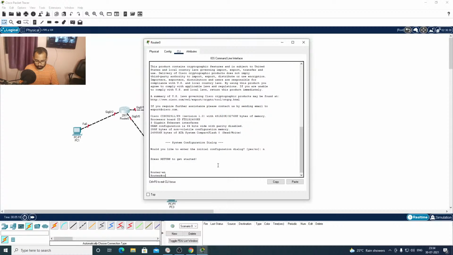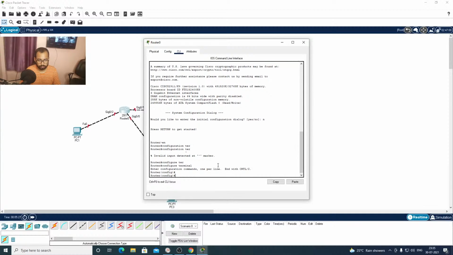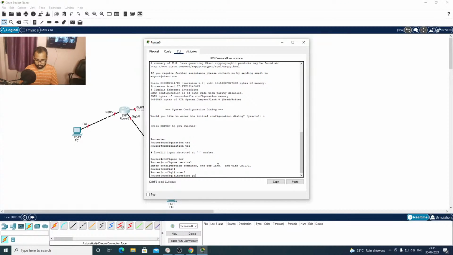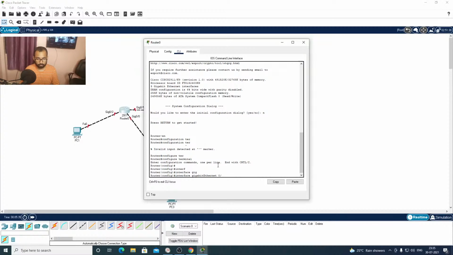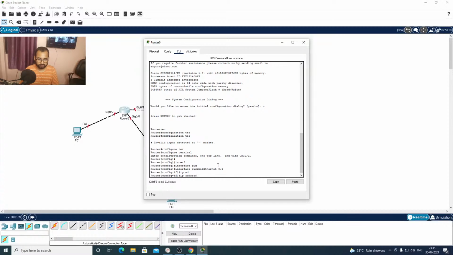For that we need to go into enable mode. After that we need to go into global configuration mode. And I will select the interface gig 0/2 and I will assign the IP address.